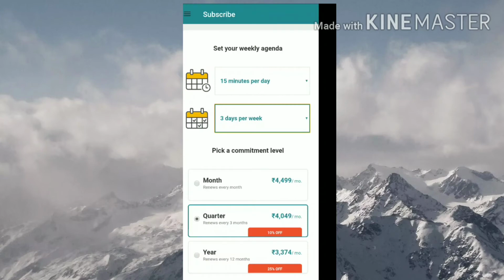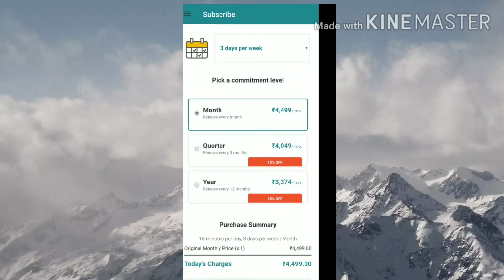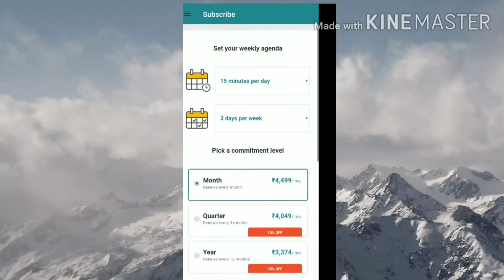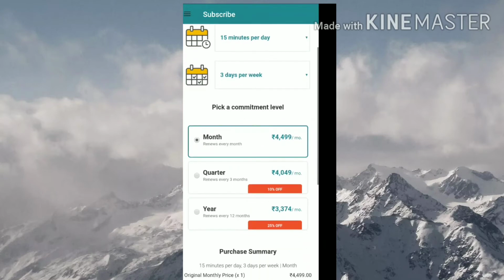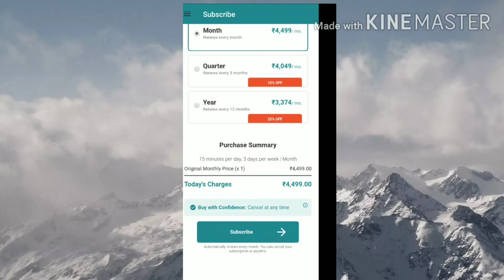Now see the price of 15 minutes per day, 3 days in a week, for a month. What will be the price? In a month, I will have to pay 4499 rupees for 3 days, 15 minutes in a week. After choosing this, I will have to purchase and subscribe.